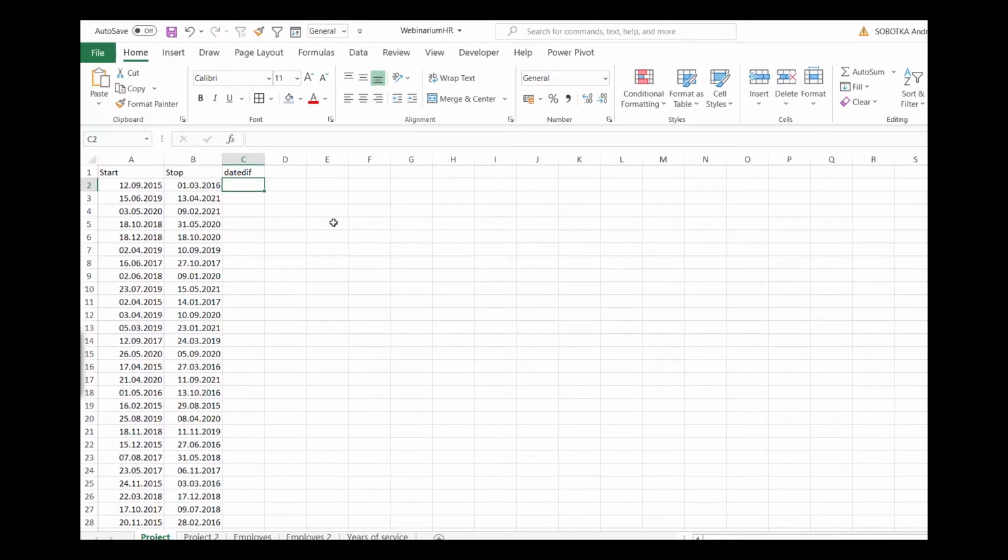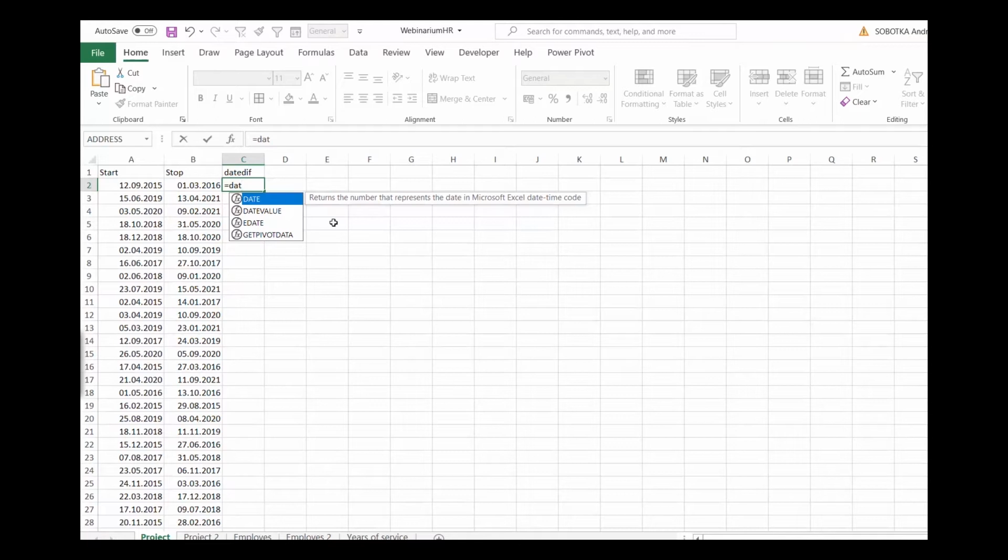The function goes as follows: datediff, and if you start to type a function like date, you'll see that it suggests 4 different functions: the datevalue, the edate, and getpivotdata. Because of course the DAT that I write here is inside these functions. If I start to type more, if I put datediff, there is no suggestion that there is